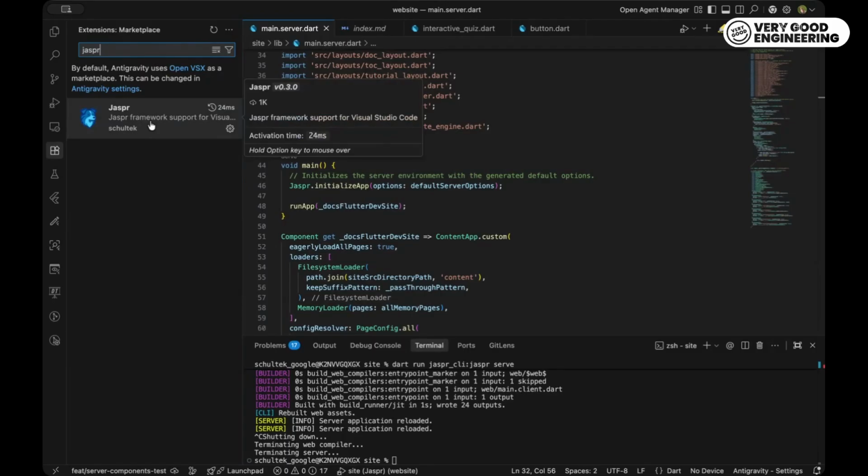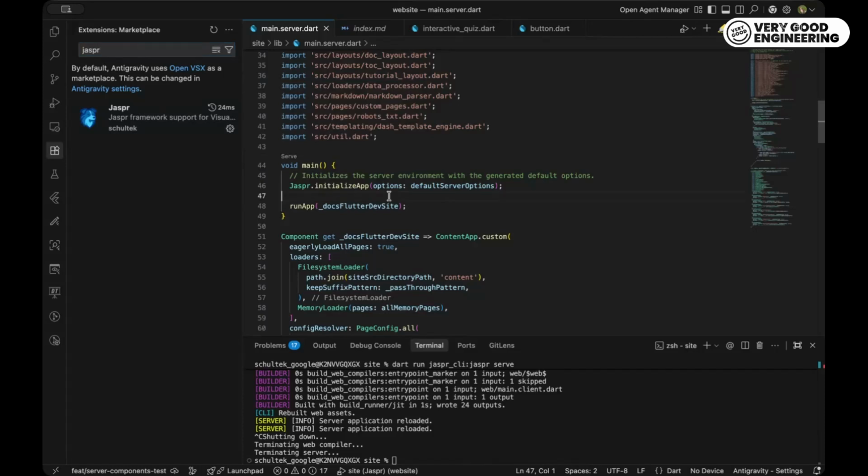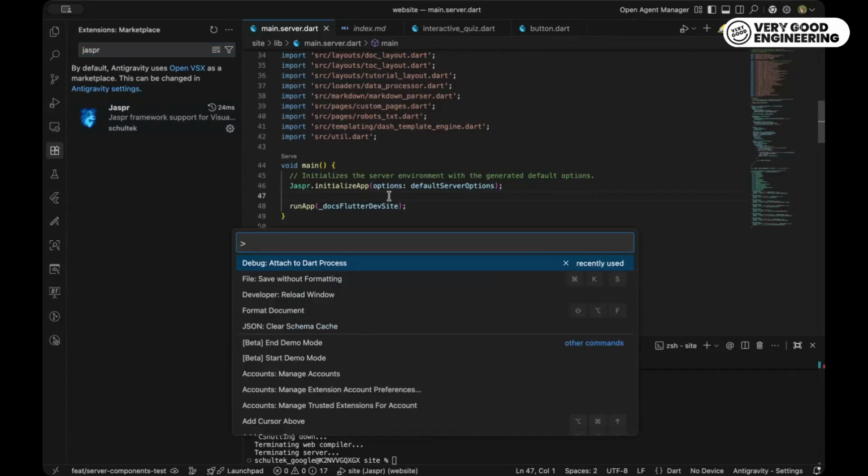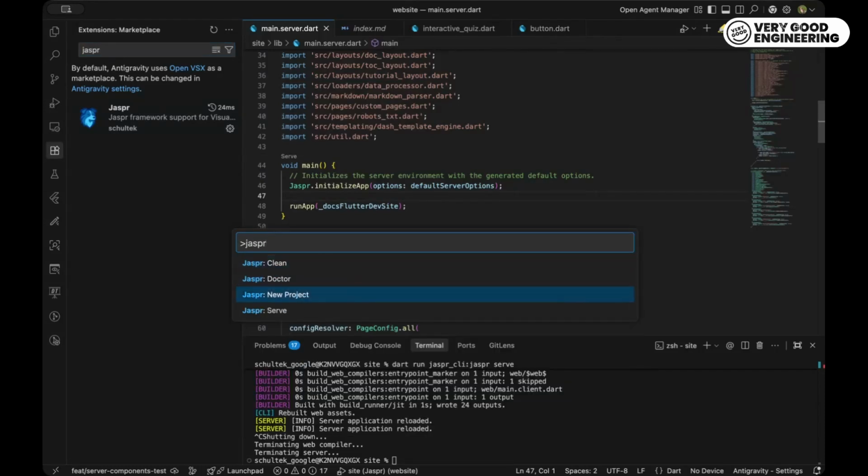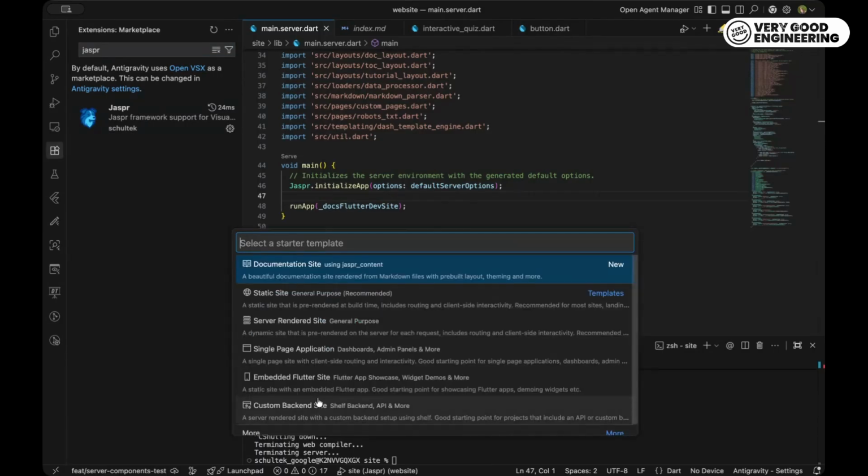There are also some features to bootstrap a new project quite quickly, and you can select from different templates. If you want to create a new project, you get a few options to choose from.